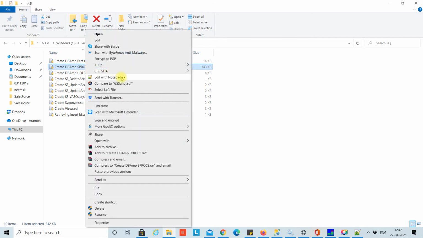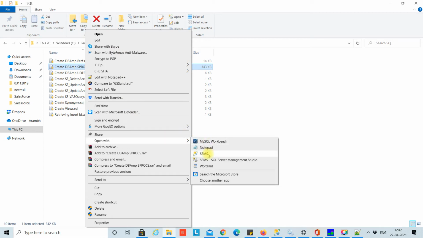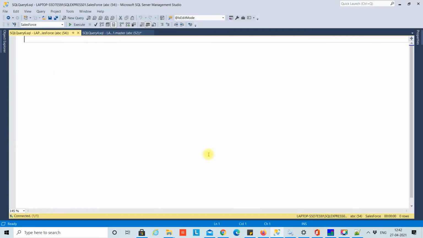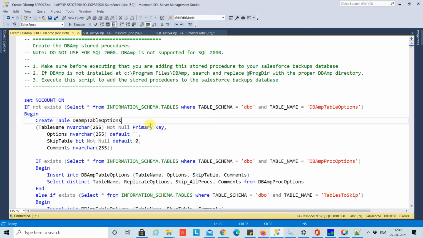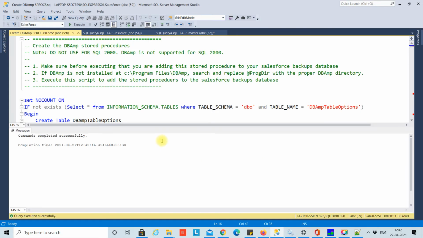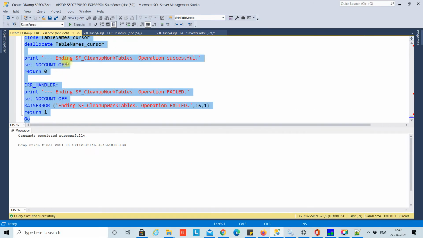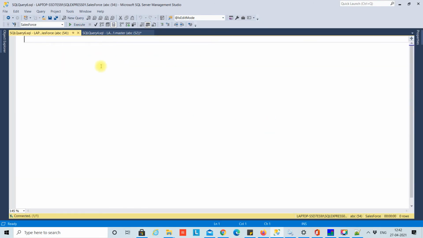You have to open that. After opening that, you have to press F5. You have to fire this query and install all the stored procedures inside the database which we have recently created with the name Salesforce. Once done, close the tab.